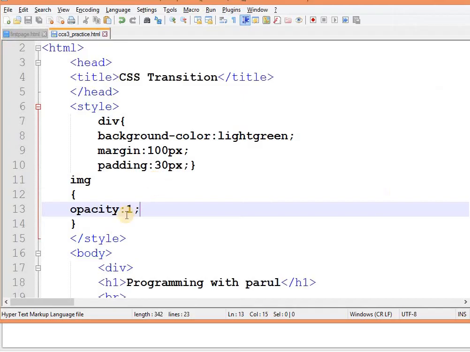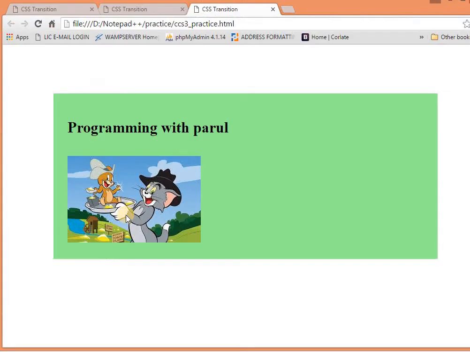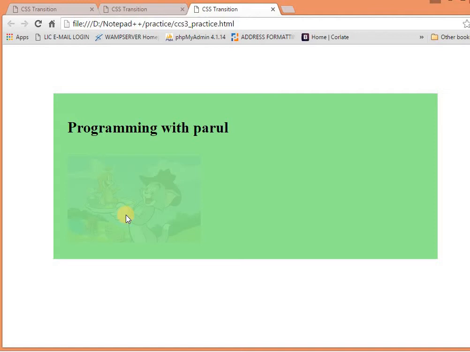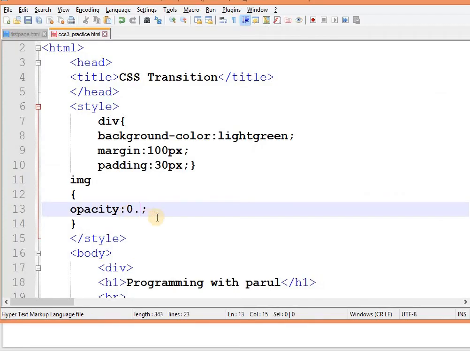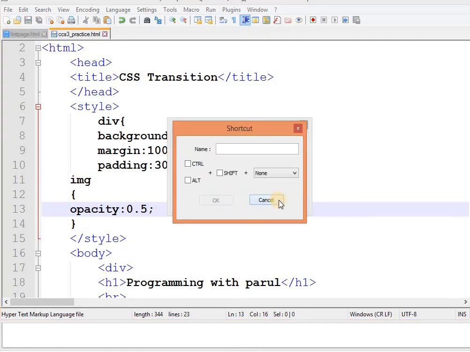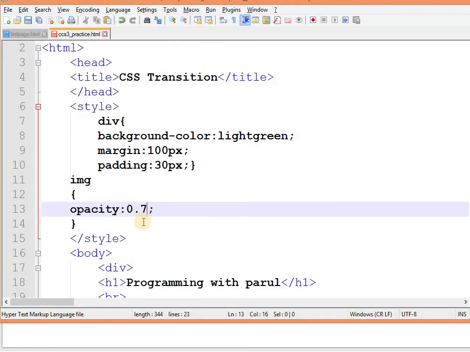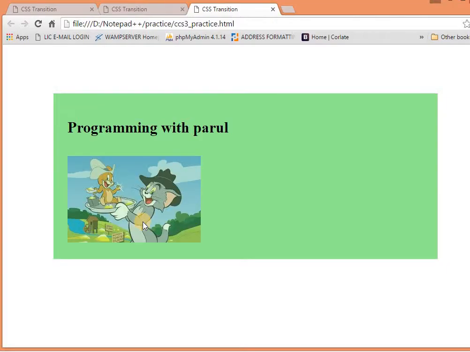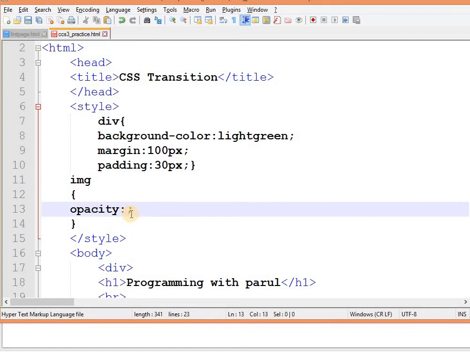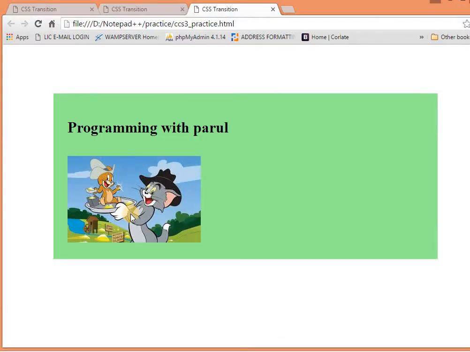But if I change its value from 1 to 0.1, now see the difference. It is almost invisible. Now let me take it as 0.5. Can you see that? This is how opacity works. This one is our original image, that means full visibility.